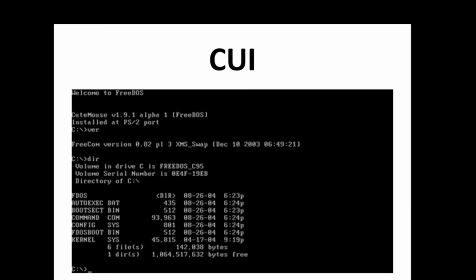Here you have seen the CUI interface on your screen. This black screen is known as the prompt. Whatever you have to do, you just write it as text. If you want to copy, execute, open, write any command, create a directory or folder, adjust the volume of a device, or format the computer system, for all of this you just have to write the commands. Only by writing the commands is the task performed. So this is your CUI environment.